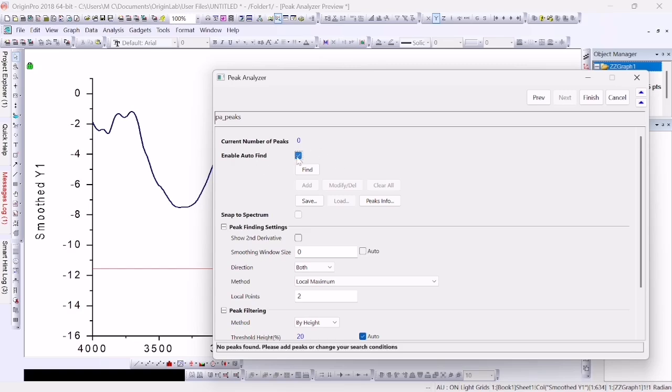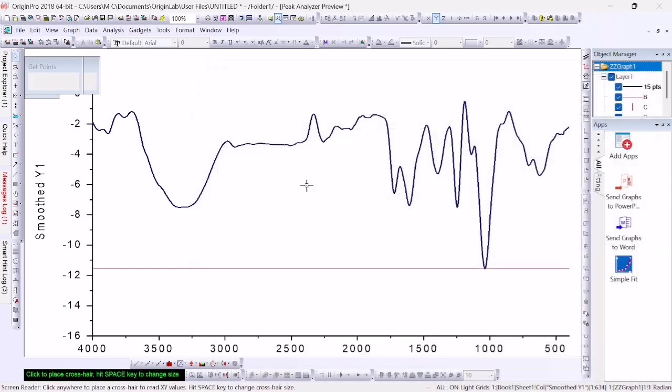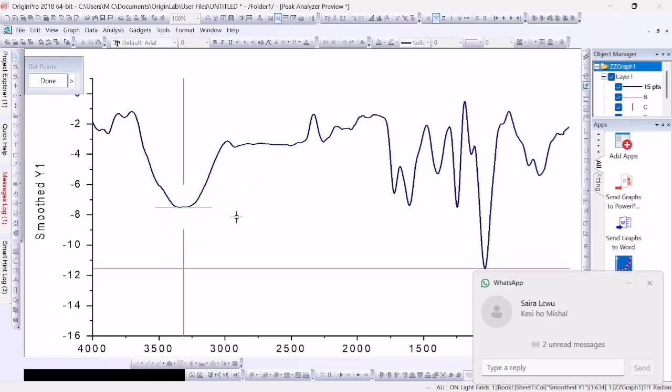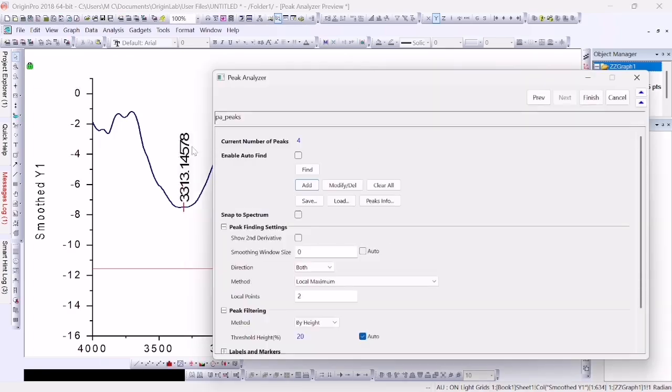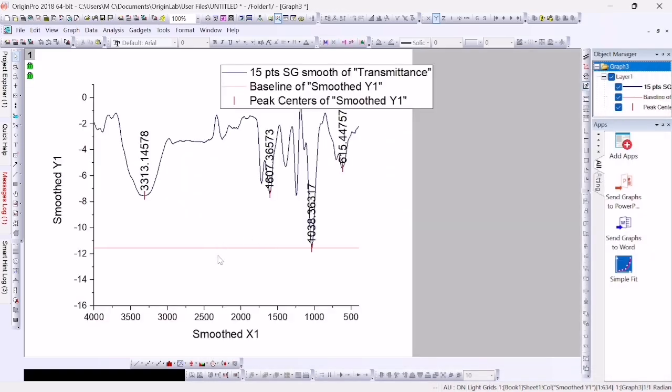Disable this auto find, then click add. Just click on the desired peaks. Let's suppose I want to label this OH peak, then click on this. I want this peak and this peak. Then you have to select done. After selecting done, you have to finish.